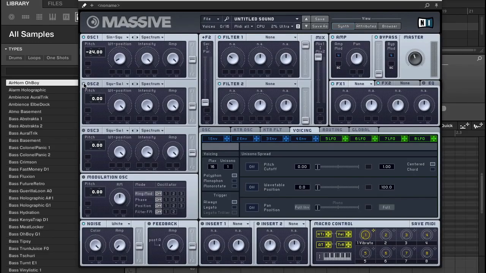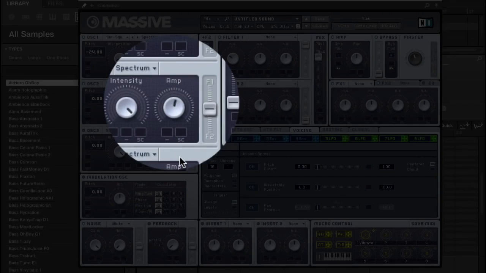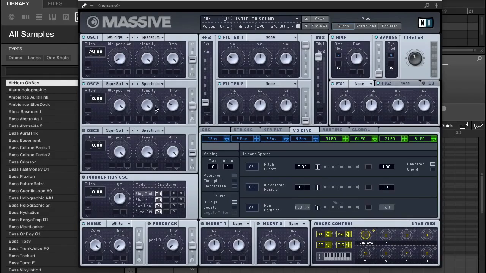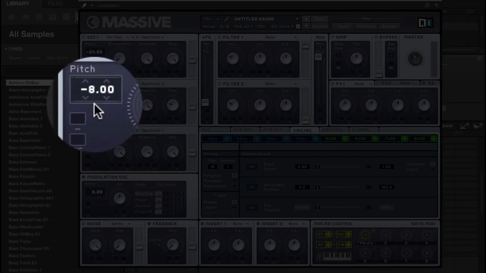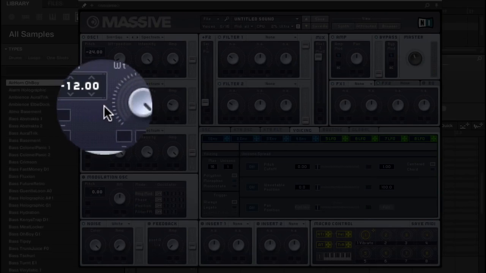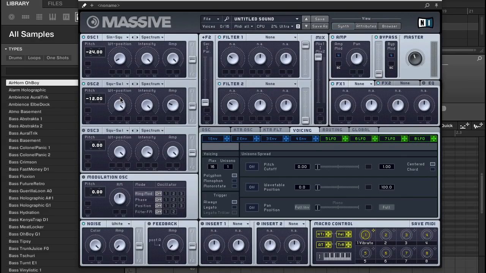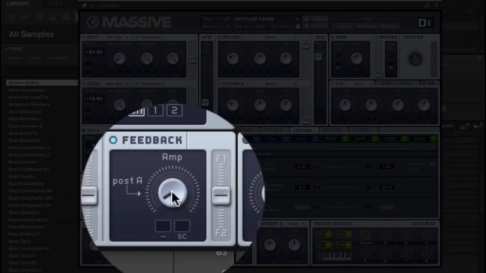Activate Oscillator 2, leave it at square saw, and turn the amp to about 35%. And pitch it down by 12. That's 1 octave. What Oscillator 2 is doing is adding rich harmonics to your mid frequencies, which is going to come in handy later. All right, head down to feedback, turn the feedback up